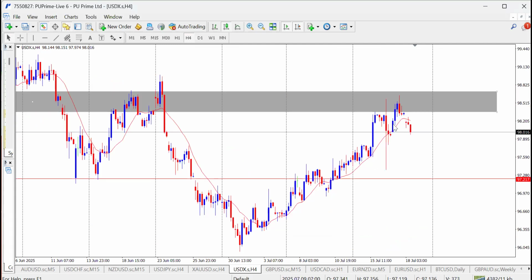4 hours time frame. Also, like I said, we are still pushing down to 97.217 region. That is a strong zone, and I'm taking this as a low. So we are targeting that low, as market rejects that level, moves up and continues moving to the upside. So that is my target for dollar.